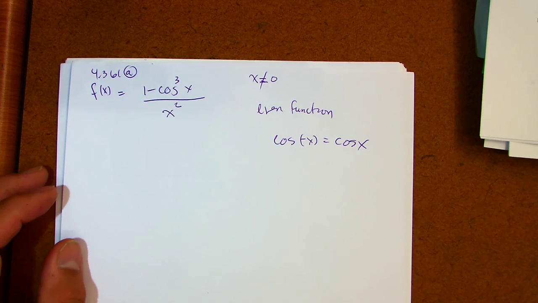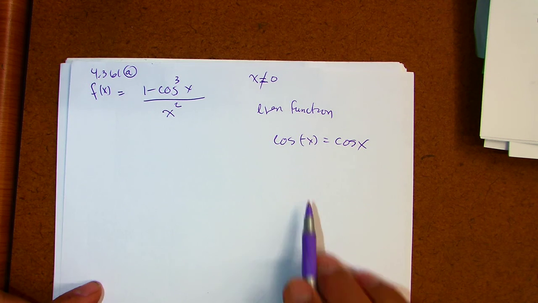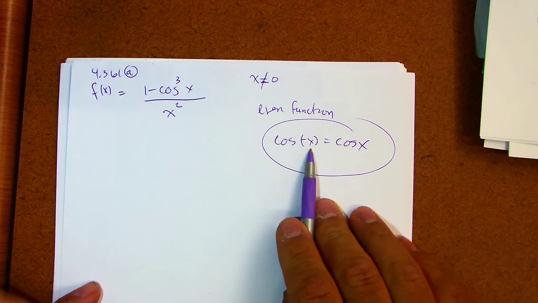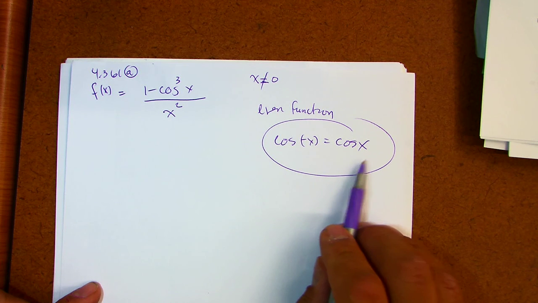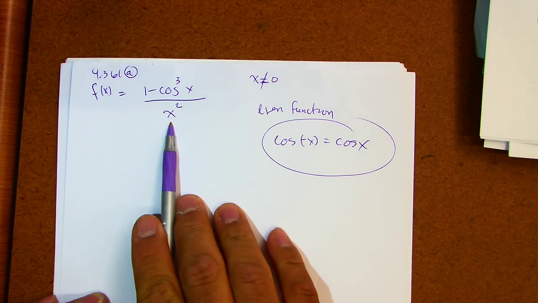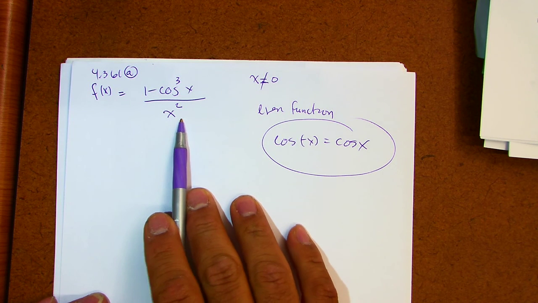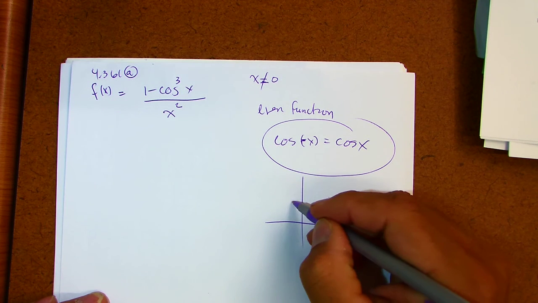Okay. How is it even? Yes, cosine is cubed, but it's even because the cosine function of negative x equals cosine of x. Regardless of what power, even if it was the first power or second power, that doesn't matter, right? It's not a polynomial, which would tell us something different. But the fact that this is true, if you remember the cosine function,